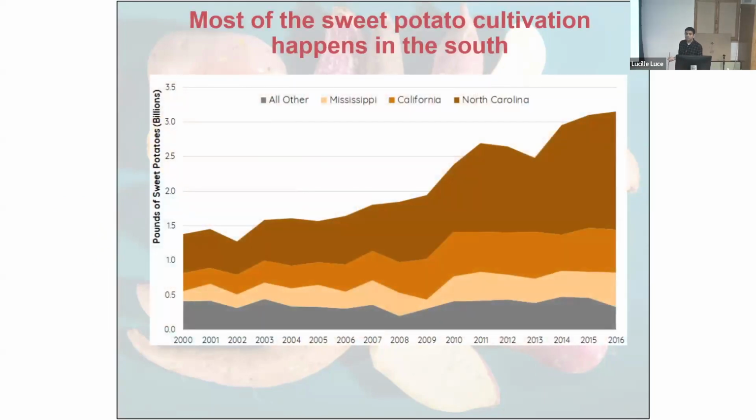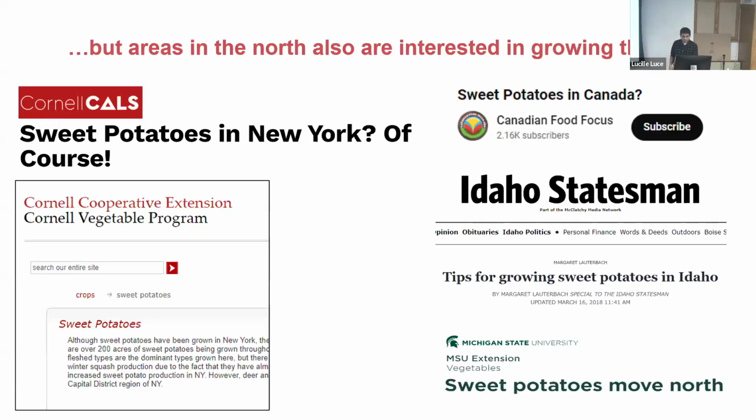Only 200 acres of sweet potato are grown in New York, and the biggest growers are in North Carolina, as well as some southern states. It's a warm weather crop, and needs a lot of time for maturation. But there has been a lot of interest in various northern states to grow sweet potatoes, including Canada. So they want to grow sweet potatoes, but